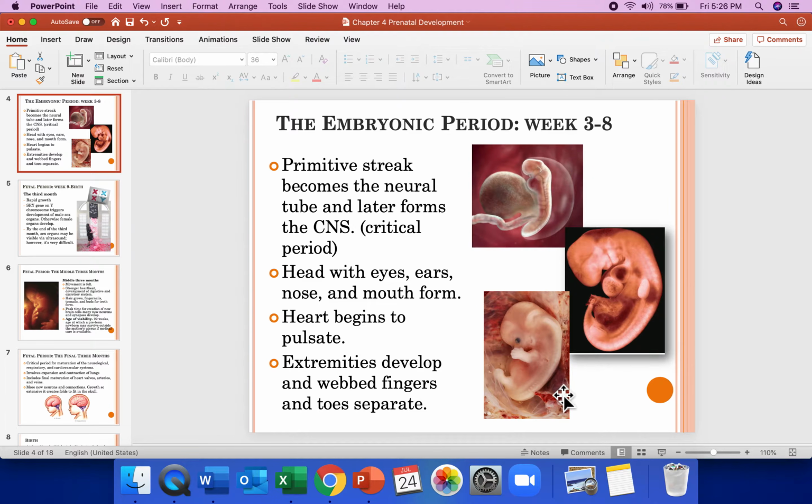And if nurture was to interrupt this process, then it's now or never. Basically, this is why any interference with development will be detrimental to the health of the baby. All right, so this period is going to last, like I said, from week 3 to week 8, concluding what is about 2 months of pregnancy.